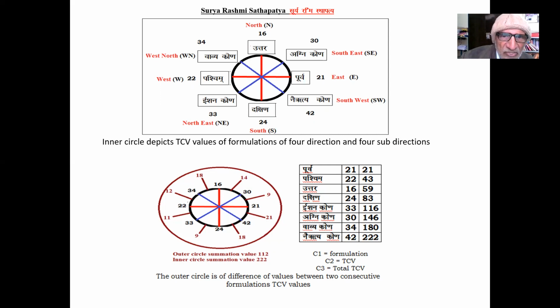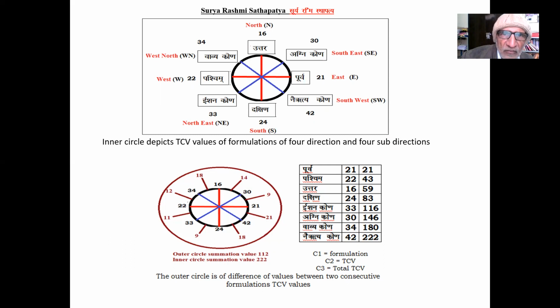The difference value of, say, north 16 and northeast 30 is 14. And like that, we will reach 8 gap values, the difference values of these 8 formulations. Now, the inner circle, of the transcendental code values of these formulations, has a grand summation value of 222. However, the 8 gaps or difference values, which make the outer circle, have a grand summation value of 112. So this inner circle value 222 and outer circle value 112 are 2 basic